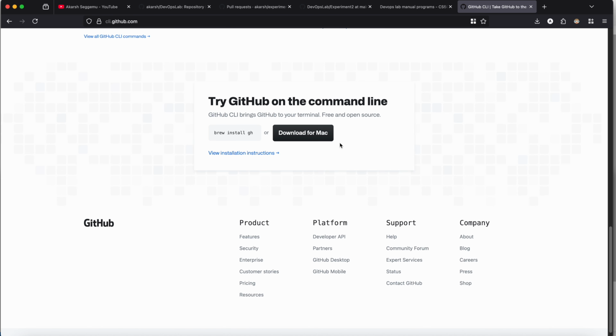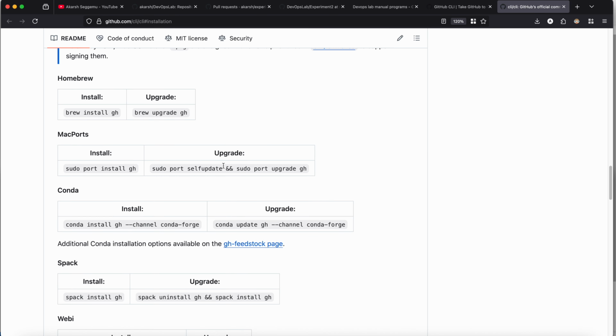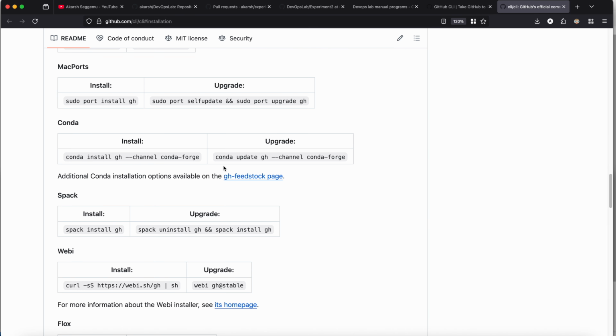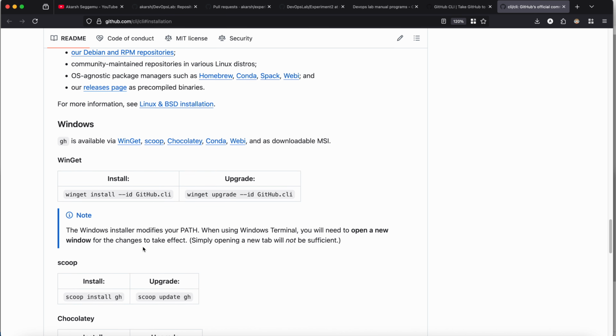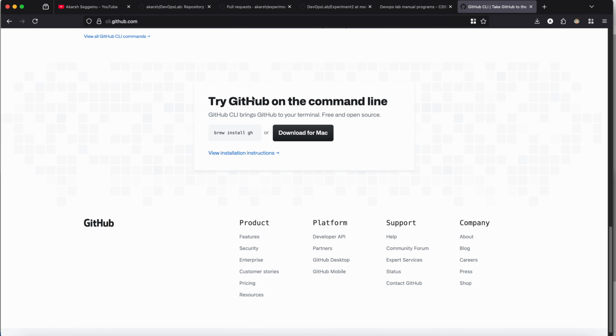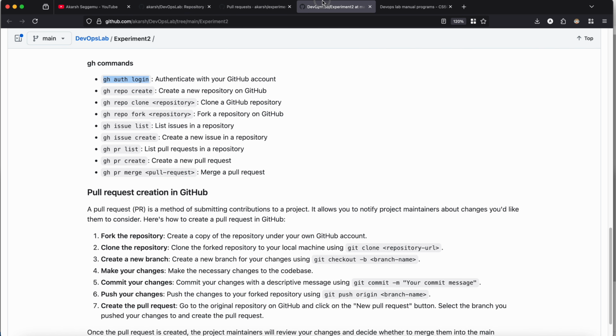Okay, since I am using Mac, it shows me the Mac related command line, but if you want to have different installation instructions, it will show you different installation instructions. So for example, for Linux or Windows, you will find different installation instructions being shown up on the page. Let's go back to